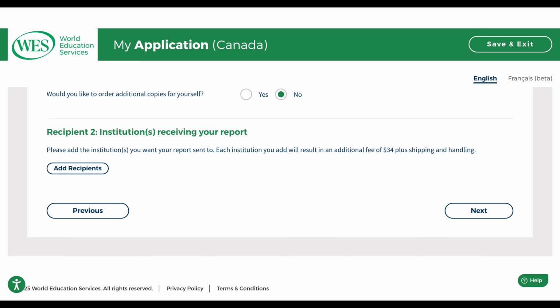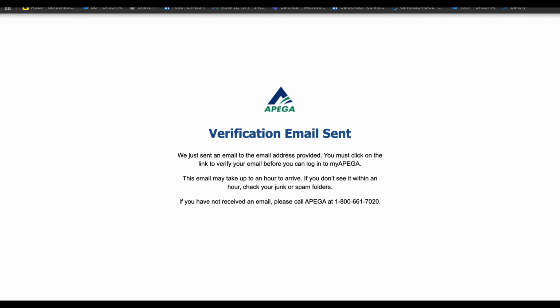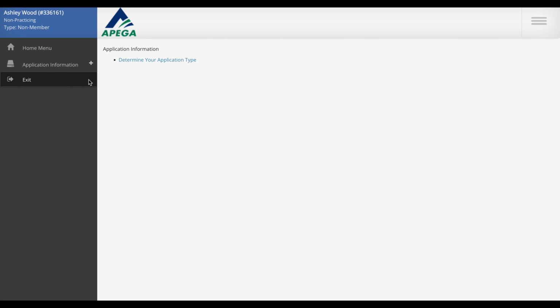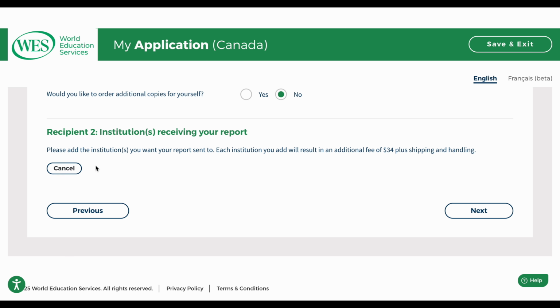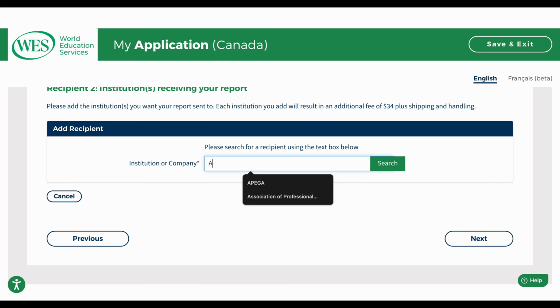So that's why we went ahead and created this, so that we can get this member ID. So here you will come down and note your member ID, which is 336161. So this is your member ID. So go back here, click on add recipients, and here put